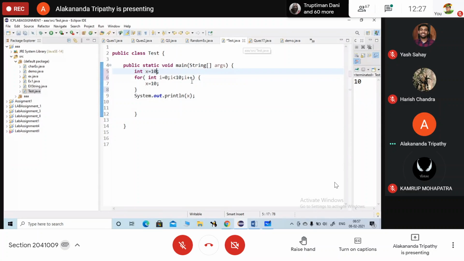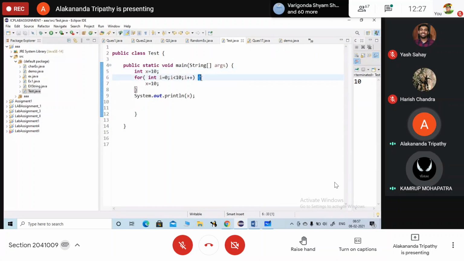It will not hamper anything after initializing the variable. If you are not putting the curly bracket, then also, here you have initialized the variable x, so it is not showing any kind of error.